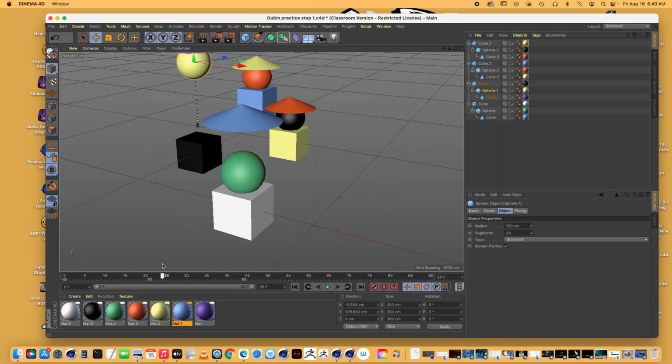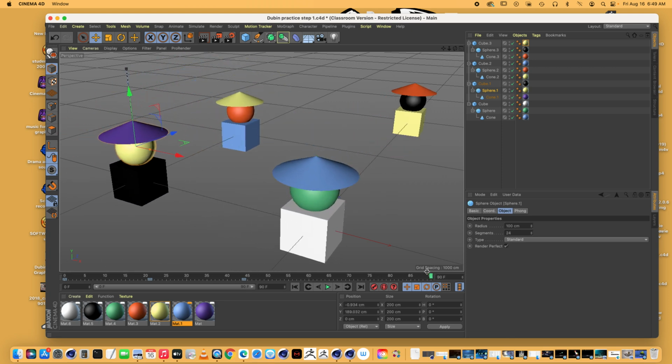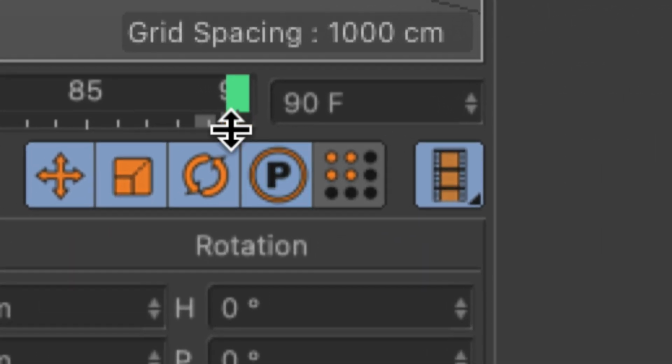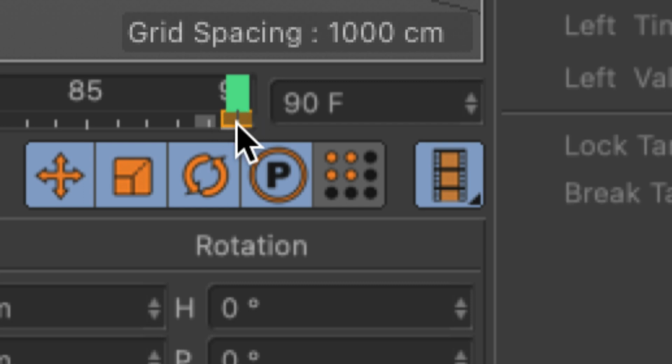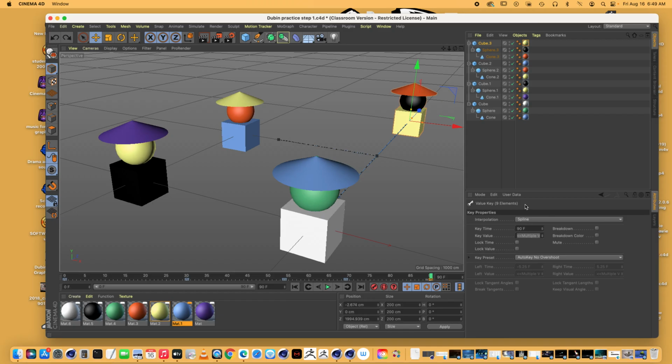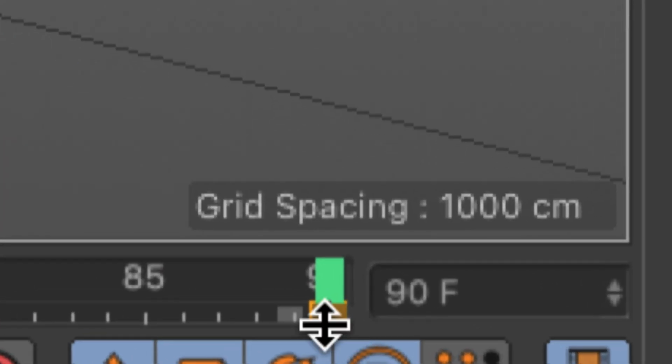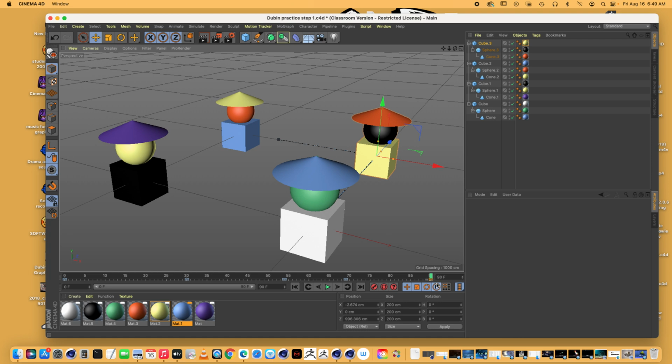Alright, so now we have it doing all kinds of different stuff. The only one I don't like is this one. I moved it too far back. What can I do to undo that? You can click on the little nub and hit delete, and it will delete that keyframe. Or if you go to that keyframe and select it and put the scrubber there, you can actually physically alter that step. So I'm going to record over it by moving it back to where it should be, because I moved it too far. So I hit re-record on top of it. If you record on top of an already existing keyframe, you'll record over it and replace it. All right, so now